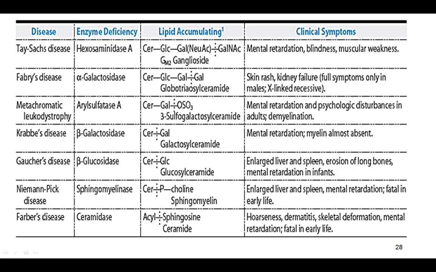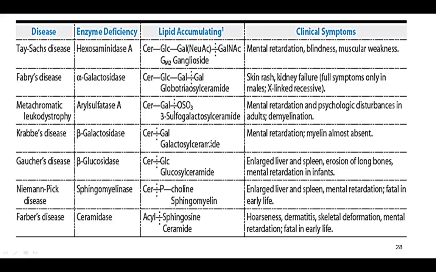I don't think it comes in your exam, but two, three are important. Just know the name. Gaucher disease is very common, an involvement of metabolism in children. It happens because of accumulation of glucosyl ceramide. We read about ceramide, right? Non-phosphorylated lipids, you must have read. So if glucosyl ceramide gets accumulated, it will cause Gaucher's disease. Why is that happening? Because the enzyme deficiency is beta glucosidase. If this enzyme was there, it would have broken down glucosyl ceramide.